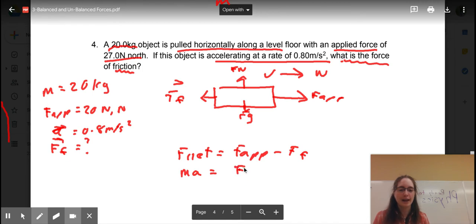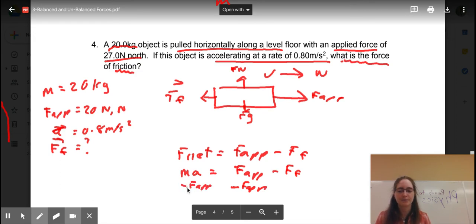Now my Fnet, according to Newton's second law, is mass times acceleration. So I replace that Fnet with ma. And it's still going to equal my force applied minus my force of friction. In this case, what you should have done is looked at what you have: I have mass, I have acceleration, I can put those in there, and then I have my force applied. I'll just rearrange all this to solve for my force of friction. So we have adding happening here, so I'm going to subtract out my force applied